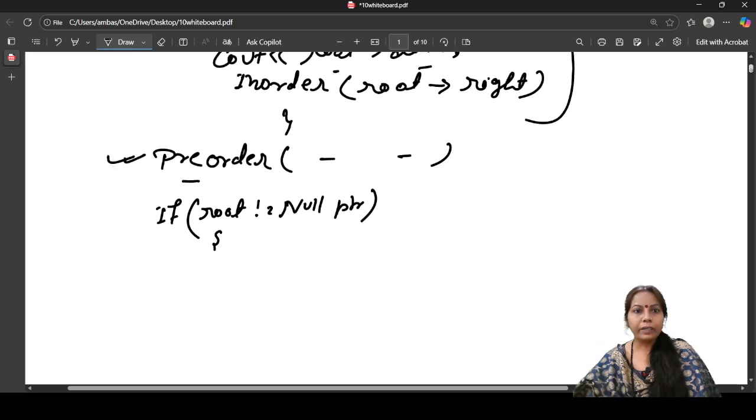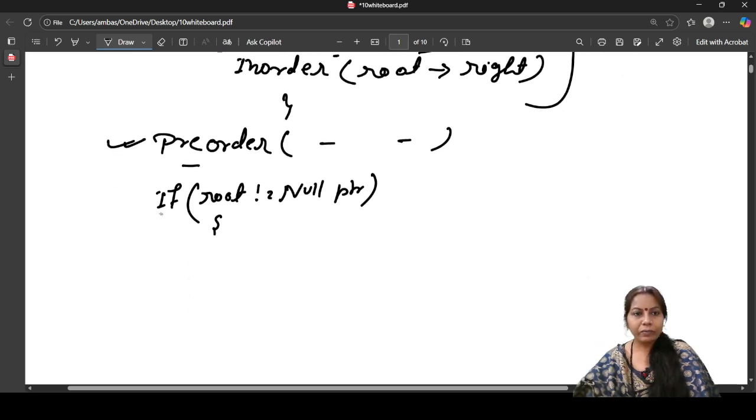Okay, but in the pre-order case, at first this checks the condition, and as soon as the condition is satisfied, in this case this prints at first your root. So cout here root, that will point to your data, followed by a space.